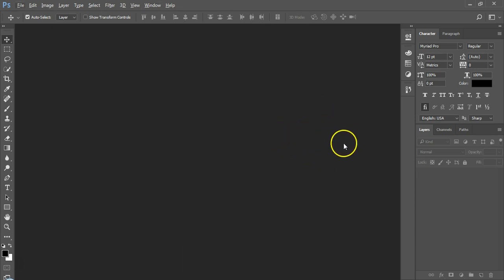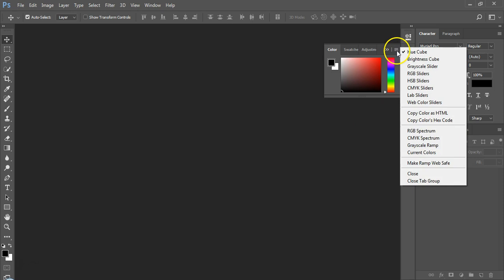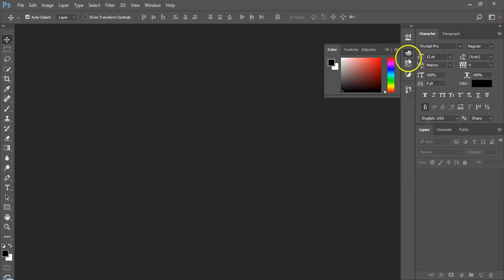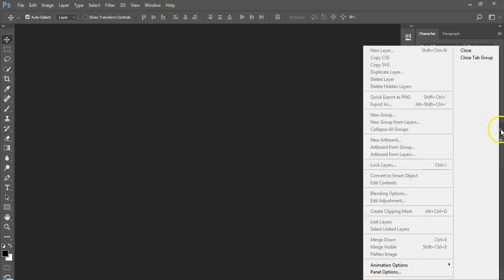Moving on, we can see four horizontal lines on the far right of the name tab of a panel. It is available on every panel, even on those hidden as icons. Just unhide it and you will see. Click and explore the options it shows. There are not many options related to customization, so I will not discuss it in this video. In short, it provides you some options related to the panel or panel group it is available on.